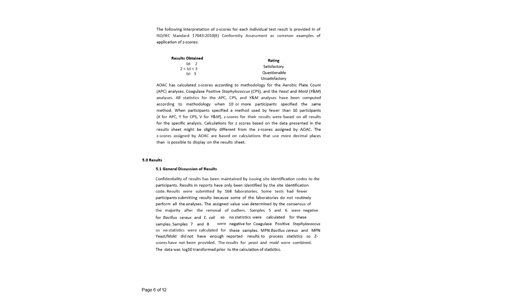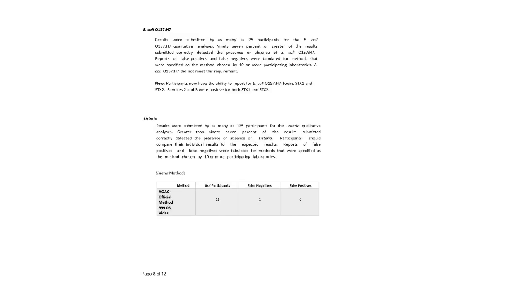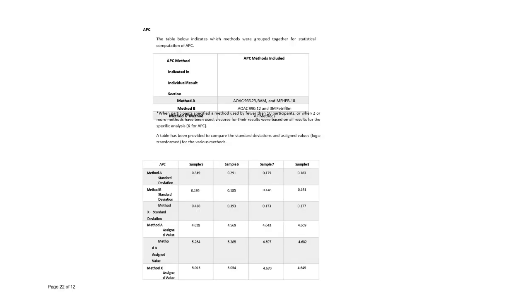We also provide a detailed discussion of the results, which samples were negative and why. We also provide information on the test kits and methodology used, so that laboratories can identify methods that may be performing better than others. Here's just a table of that comparison for Salmonella, E. coli, Listeria, and then we move into discussion